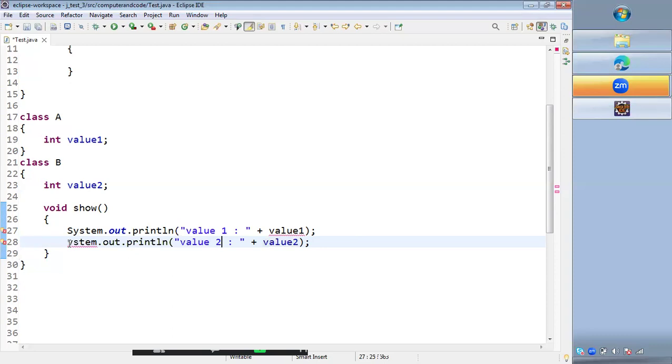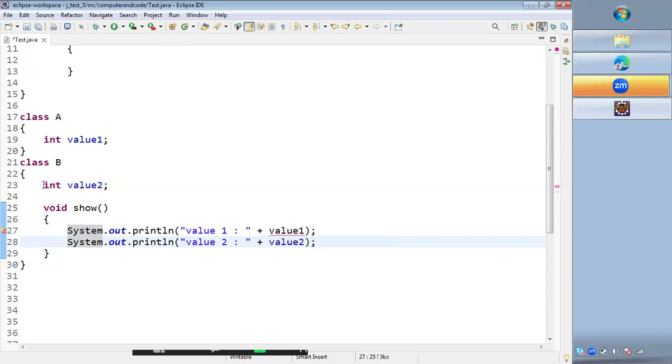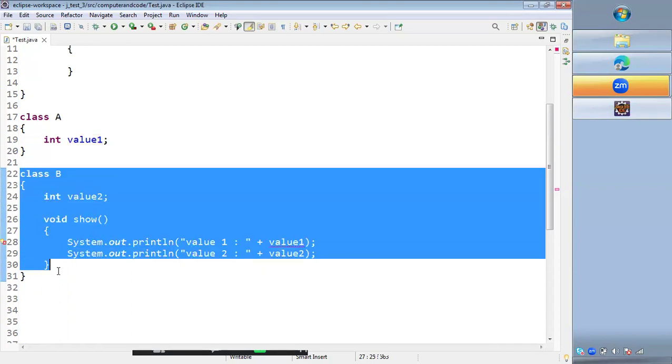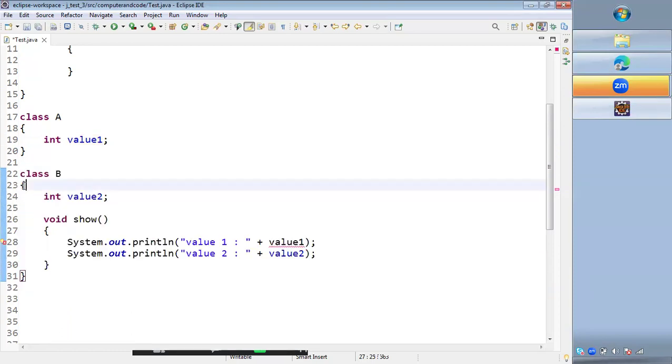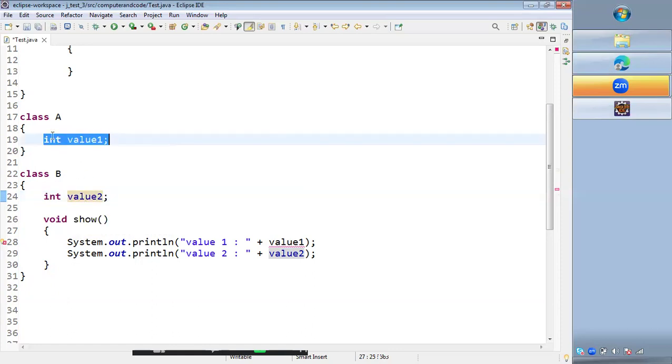But here you can see we are getting an error, value1 cannot be resolved to a variable. Because value1 is present in class A, we are unable to access it here in class B. So this is class A, and class A ends in line 20 and class B starts here and ends here. So within class B, we have only declared value2 but not value1. But we want to use this class member in this class